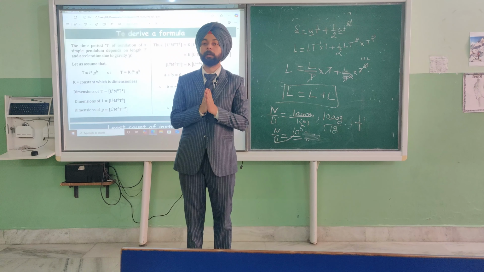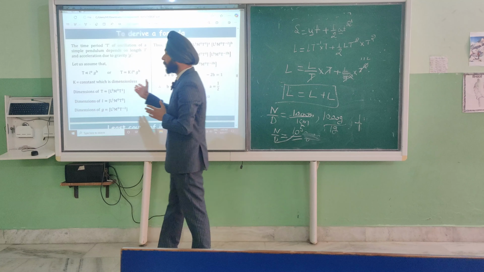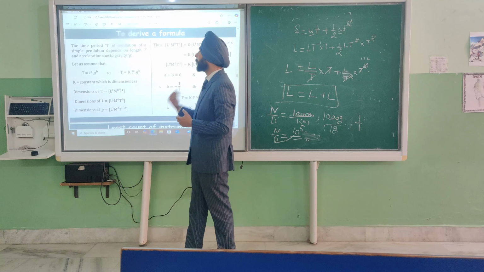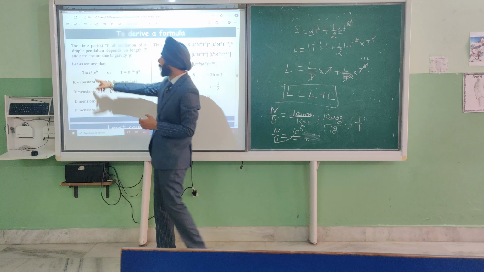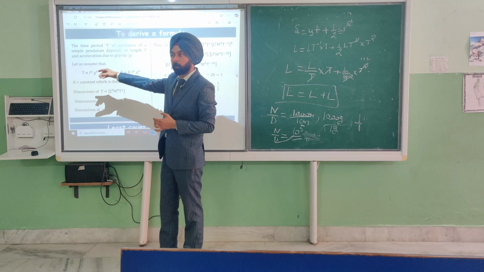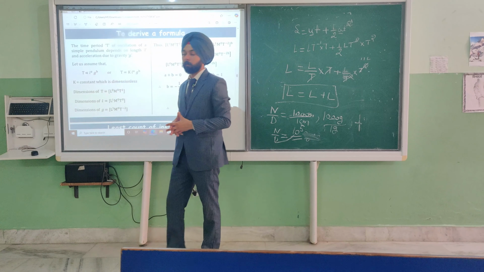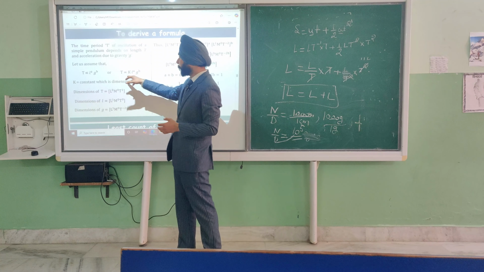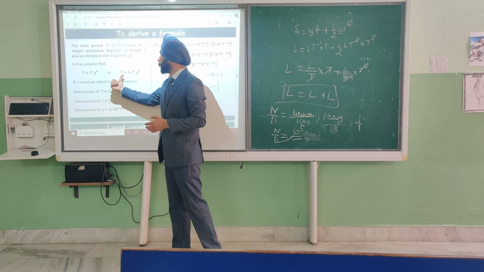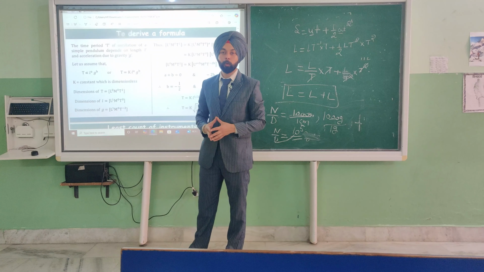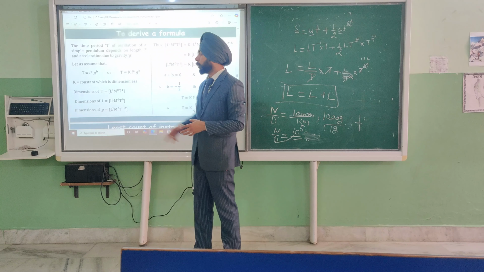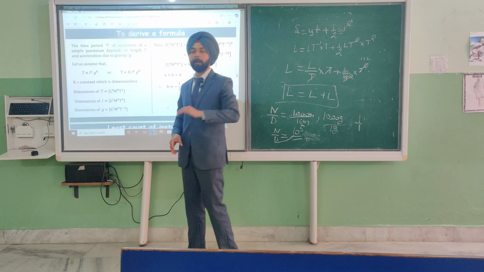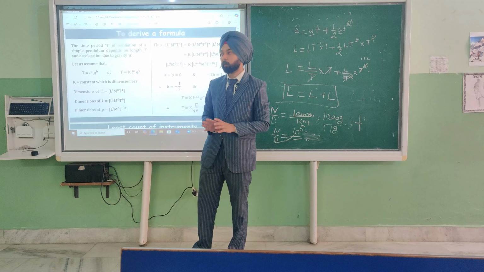acceleration due to gravity. Now, simple thing: let us assume t is directly proportional to length and gravity, where the power of l we assume a and the power of g we assume b. When we remove the proportionality sign, we put a constant value k, so t is equal to k l^a g^b. Now k is the constant which is dimensionless, no dimensional formula is here for